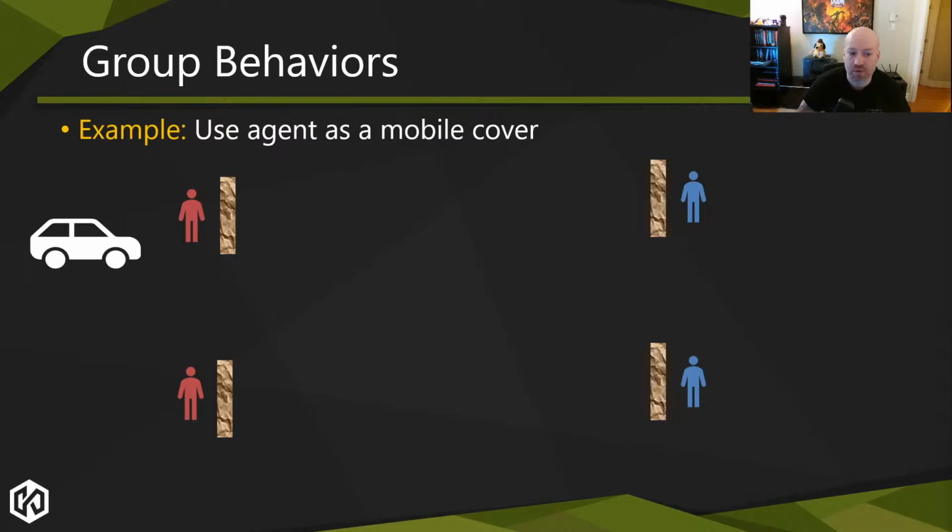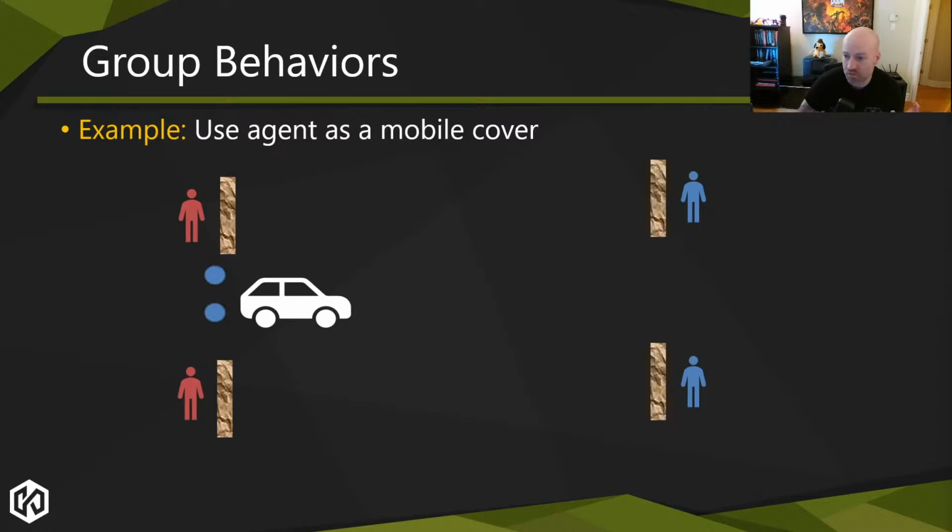Another option would be, for example, you have a vehicle and you want your agents to use it as cover, so that they go behind the vehicle and move with it. An easy approach would be, as the vehicle drives up, you need the agents to follow it. How to do that? Well, a simple approach is you can create smart objects or interactable objects that get dragged behind the vehicle that say, hey, these are cover points, or mobile cover points or whatever else. And an agent can decide, hey, I see a mobile cover point. I think it's a good thing to use, so I'm going to go and attach to it.